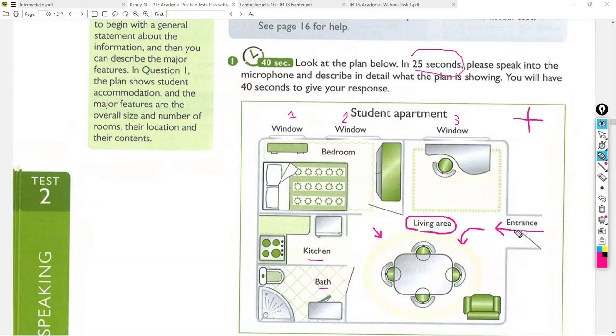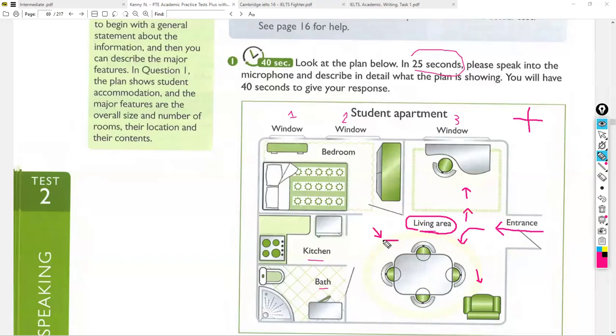Now, if you want to come from the entrance, on the left side we can see a big table with four chairs and one couch. Now, if you want to move to the right side, what is this? Chair and table. Exactly. But what kind of table? This table is for what? It's for eating, for studying, or maybe for work. So it is what? It is an office. So I have to say that on the right side, we can see an office with a table and a chair.